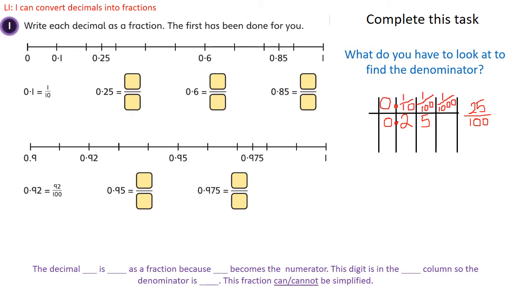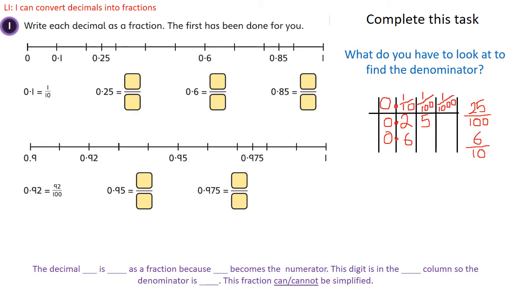Let's have a look at this next one. So the next one is 0.6. So again, write it in your place value chart, and you can draw one of these just like I've done. So 6 is our digit, so 6 becomes our numerator. What column is the 6 in? The 6 is in the tenths column. So what is the denominator? You're right, the denominator is going to be 10. And you do the same with